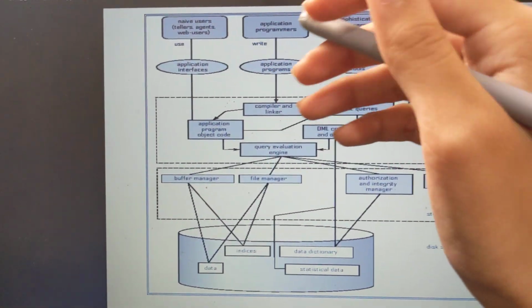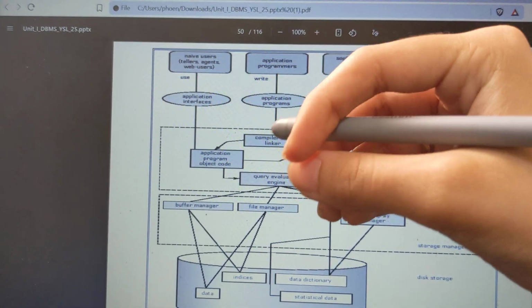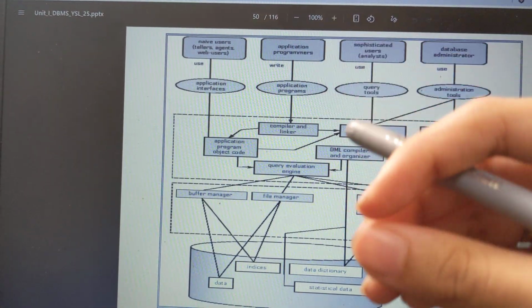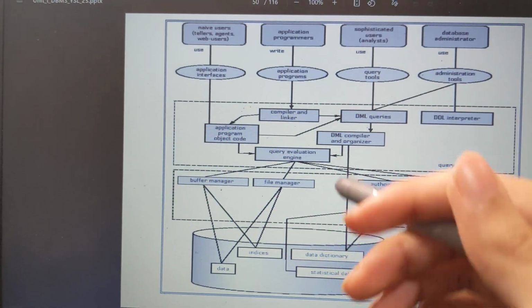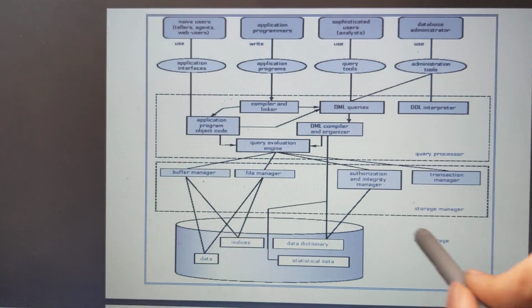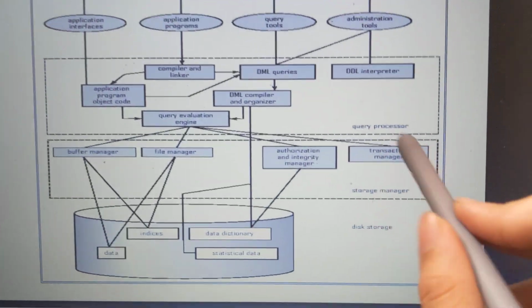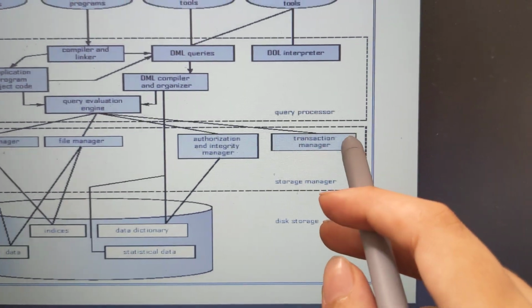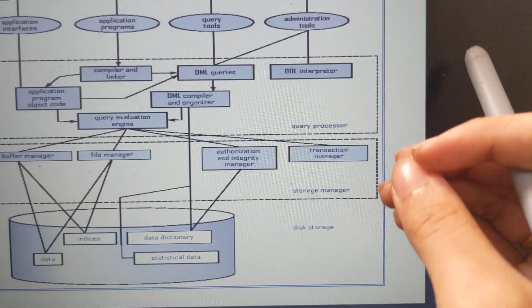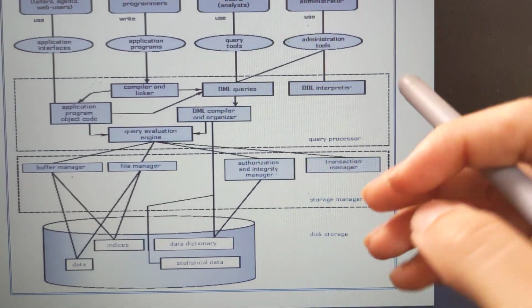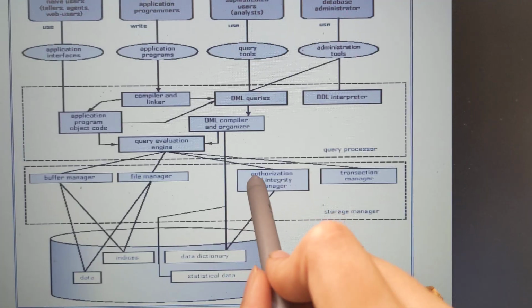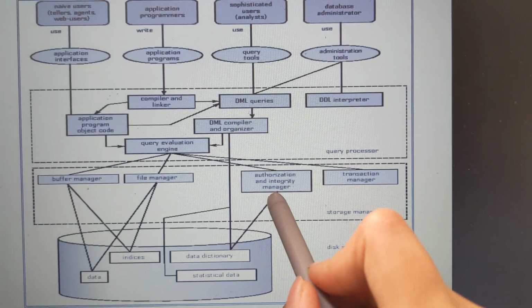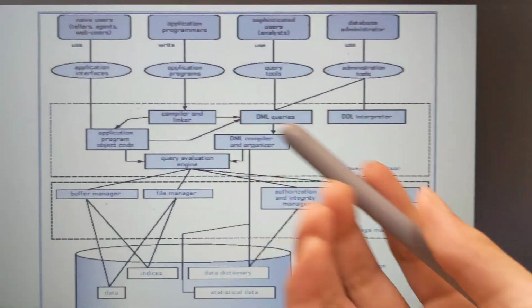Okay, so after it converts what we asked to a low level form that the memory can understand, this goes through a phase called the storage manager. In the transaction manager, we will be checking the ACID properties, like can this transaction happen at all, is it proper, it will check. Then the authorization and integrity manager checks, for example, if a student